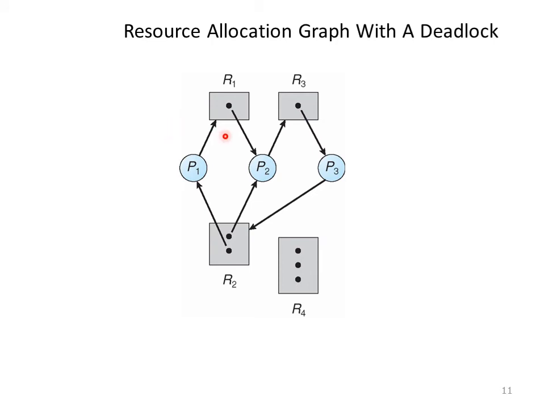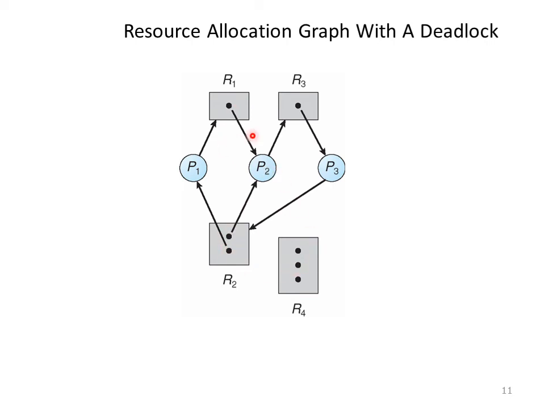So we have a resource allocation graph which shows the deadlock condition here. So first characteristic of deadlock is mutual exclusion, that is no sharing of the resources, that you can see here. P1 is requesting for R1 and R1 is allocated to P2. So it is not shareable. Any of the resources are not shareable here.